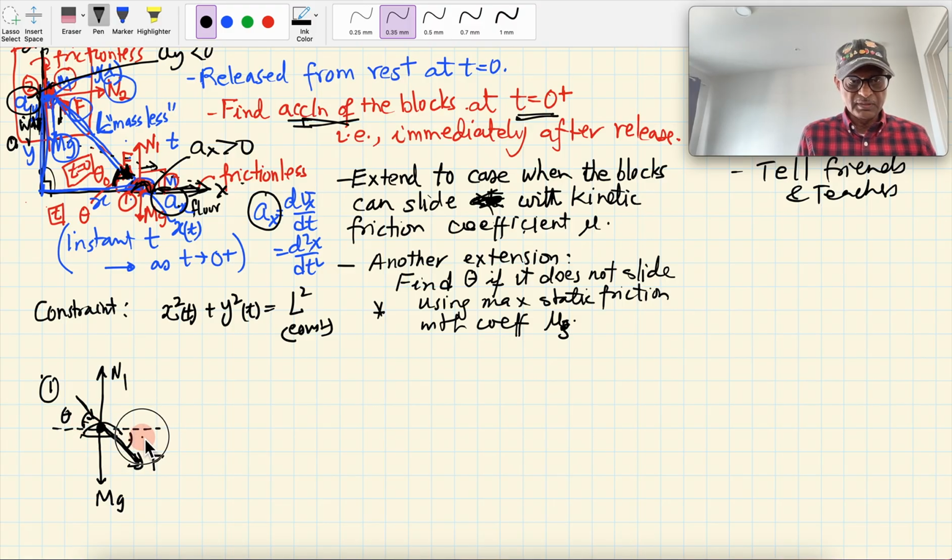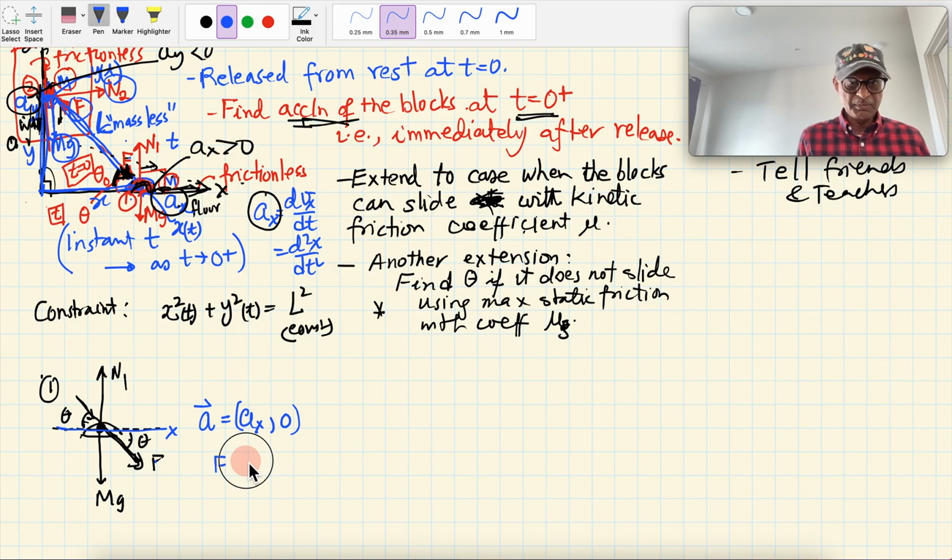You can make a mistake in this angle, by the way. That's actually one of the common mistakes I find in people. So this block's acceleration is ax and 0. There's no y component. Acceleration is only along the x-axis. So write it like that, okay? So the x direction force will be, from here, only the f cosine theta equals m